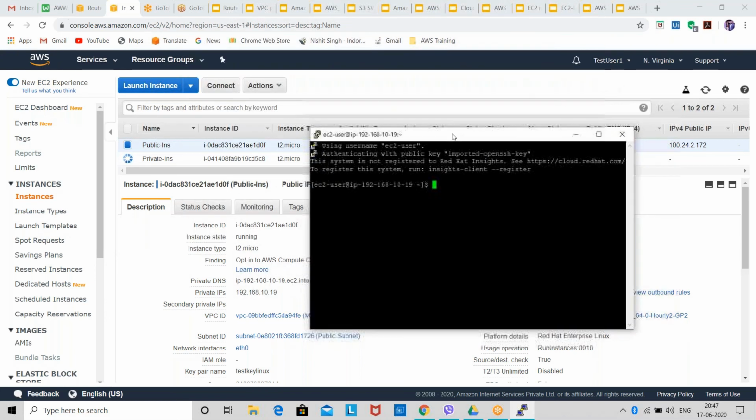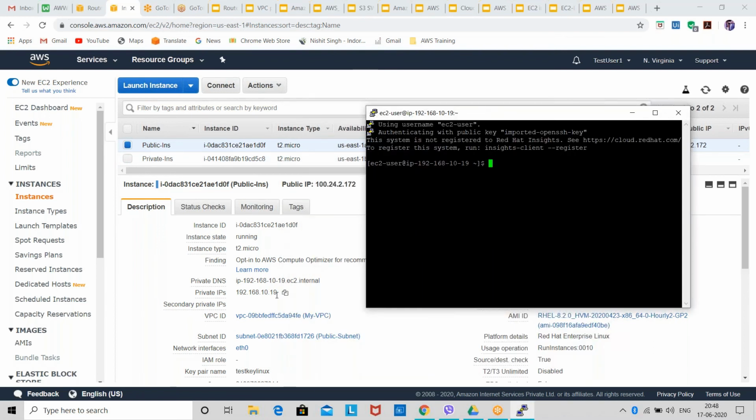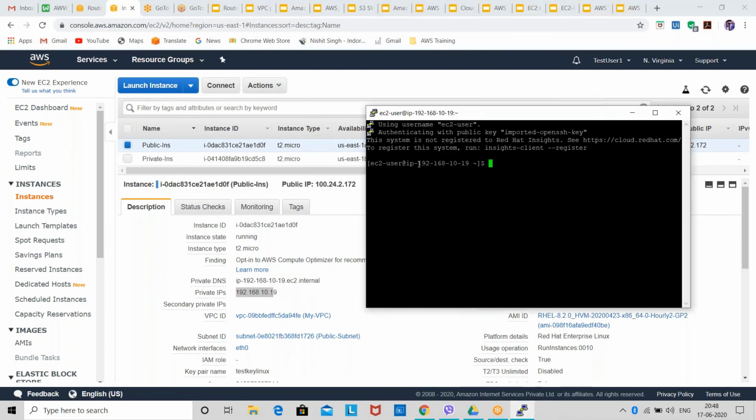How can I recognize that this is my public instance? I'll select my public instance and I can see the private IP address, 192.168.10.19, and here in this instance I can see my private IP.